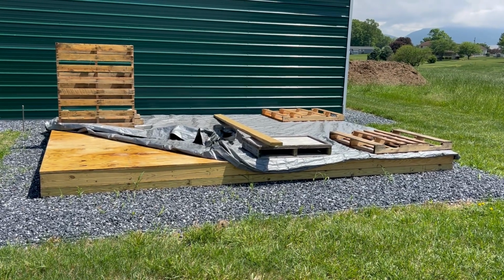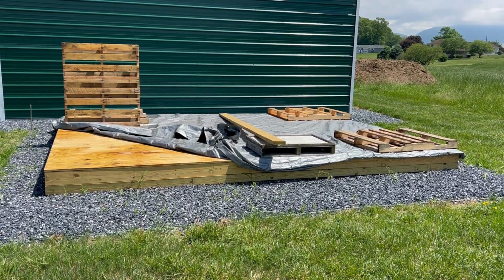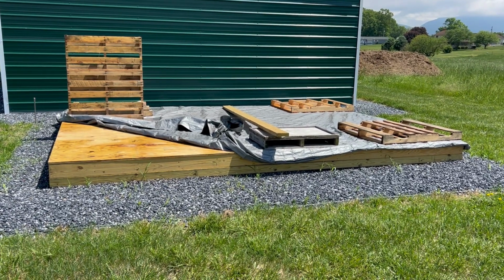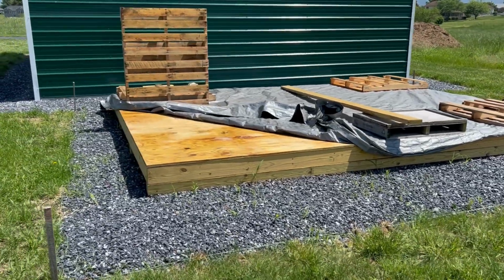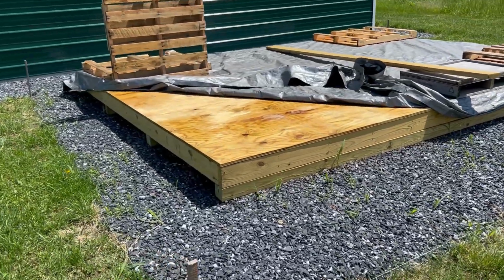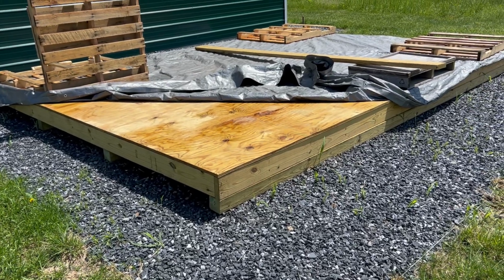People do what you want. Yeah, I mind my own business. I don't insert myself into people's business. But how I constructed this, the subfloor is on 4x4 skids with